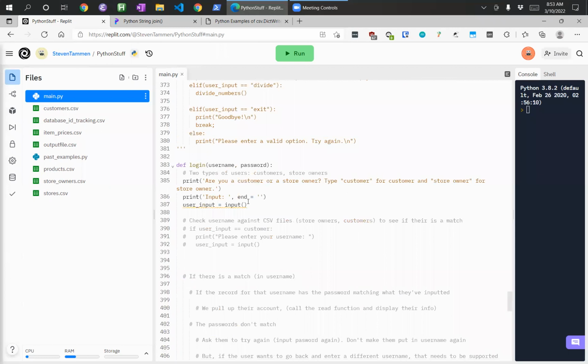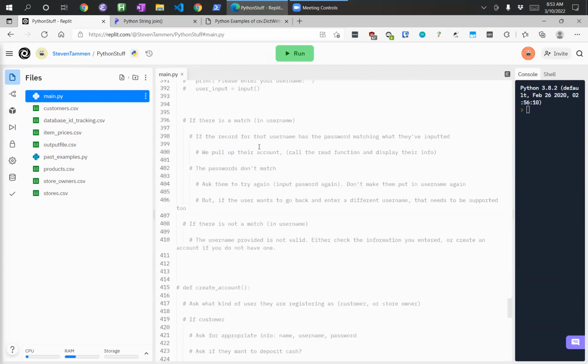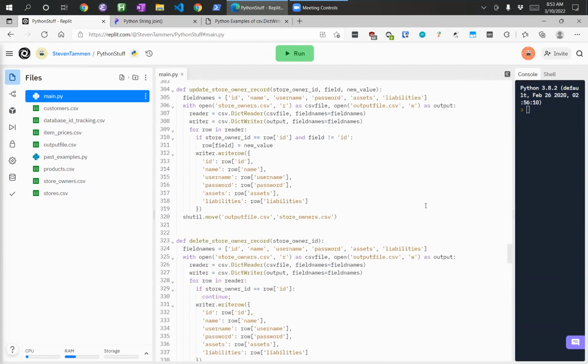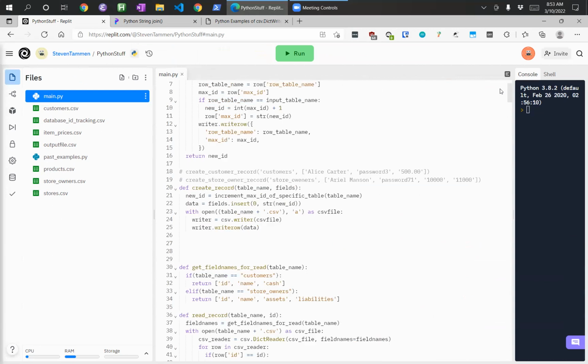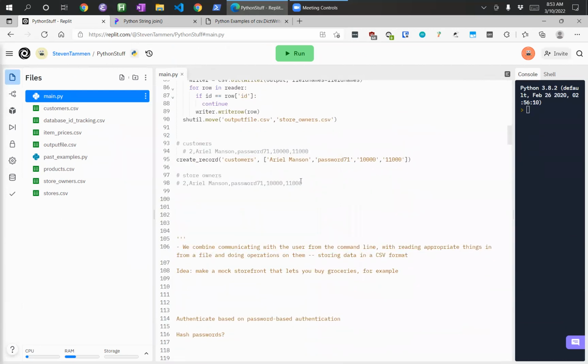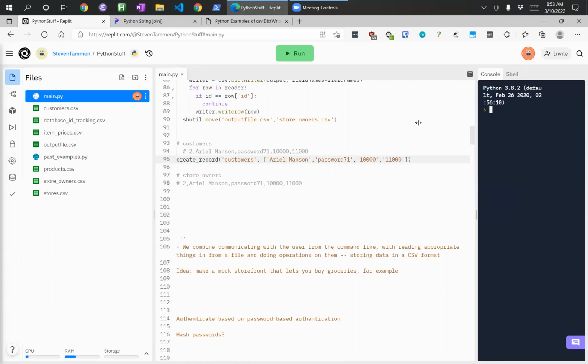Are we calling main somewhere? I'll leave that out. Okay, I don't think we have any other calls anywhere. So this should be the only line that actually executes here, our call to create record right here on line 95. Okay, so if we run this,